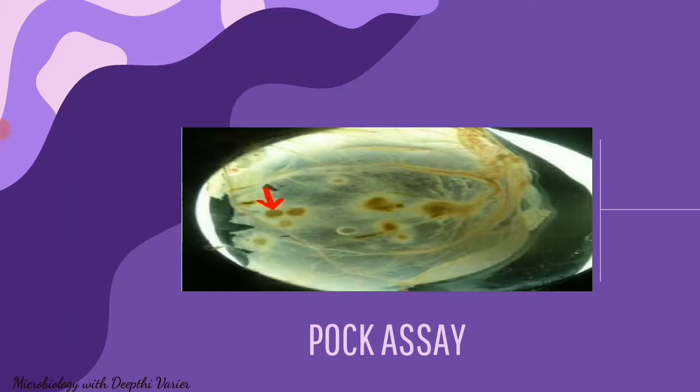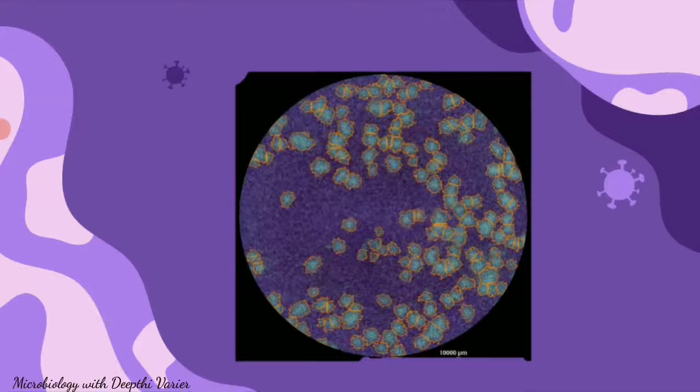These are modifications because in the focus forming assay we use an immunostaining technique. So we are fluorescently staining and finding out the infected cells. The endpoint dilution assay is based on the 50% tissue culture infective dose. So how many viruses are required to kill 50% of the cells, or for the cytopathic effects to be seen, is what we find out. So there are different modifications of the plaque assay, but it is still a very popular assay for the counting